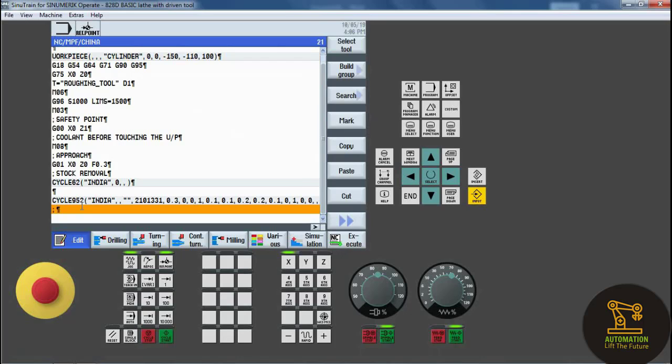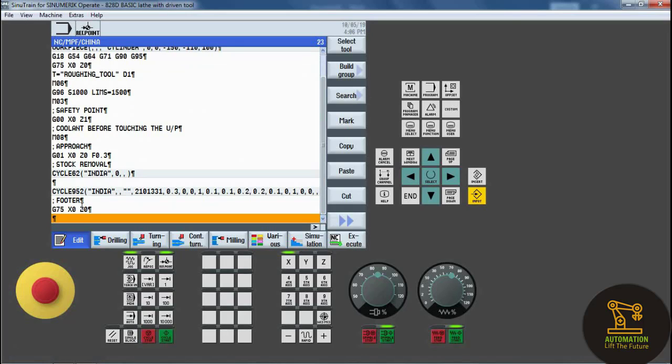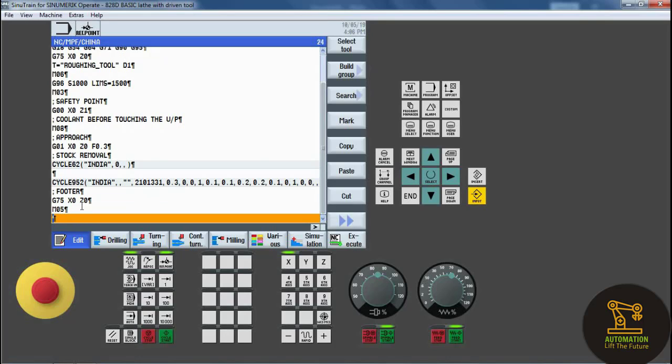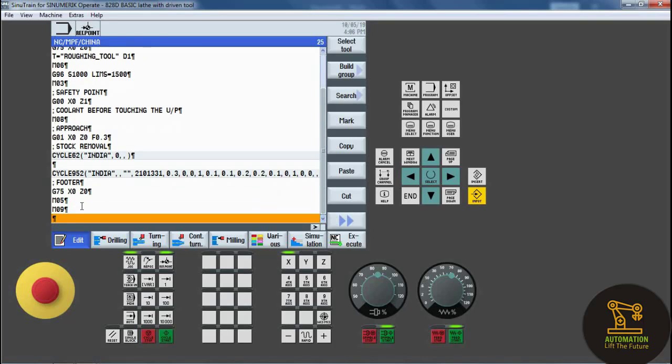Okay, last one is the footer of the main program file. The footer of the main program file is G75 X0 Z0. That means the tool at homing position, tool turn path. So M05 is the spindle stop, M09 is the coolant stop.